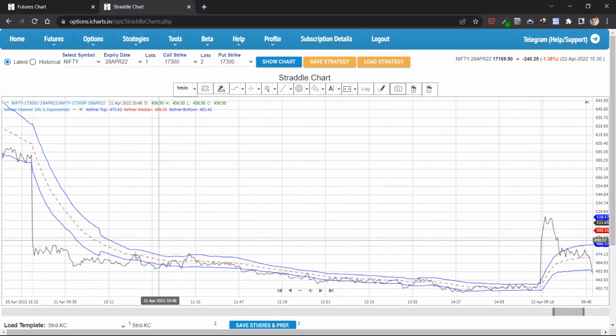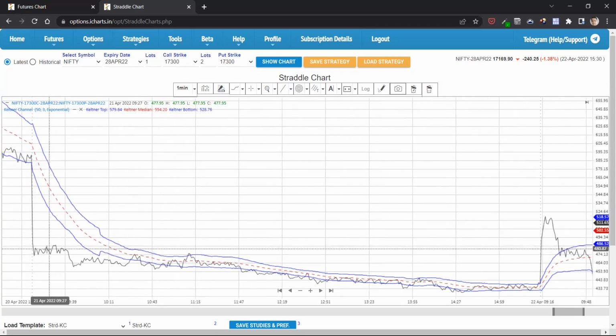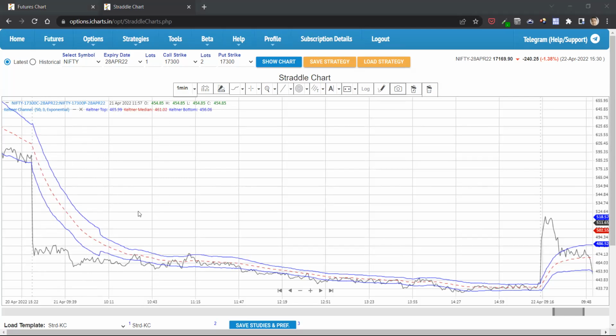So basically, the idea is to initiate a straddle at 9:20, and then once 5% on the combined premium is hit. Here, for example, the combined premium at 9:20 is around 480 or so. So whenever 5% is hit, which is 480 plus 5%, 504, so it increases to 504, whichever is the stressed strike, in this case the call, you just cut it off, and then basically